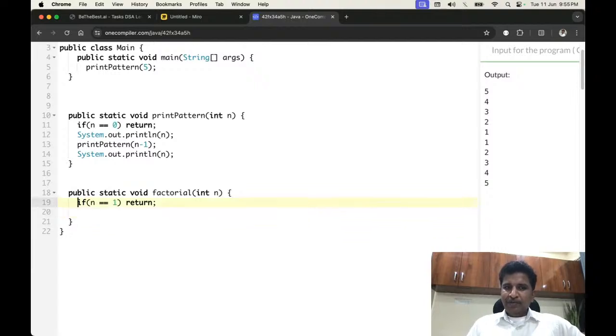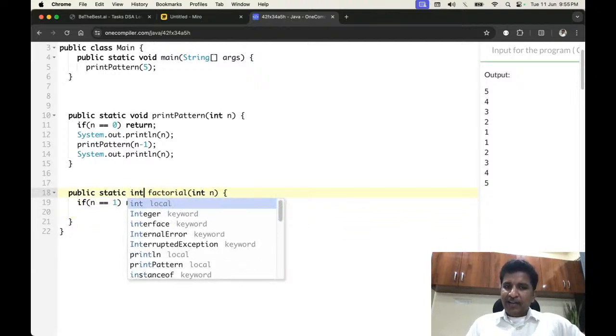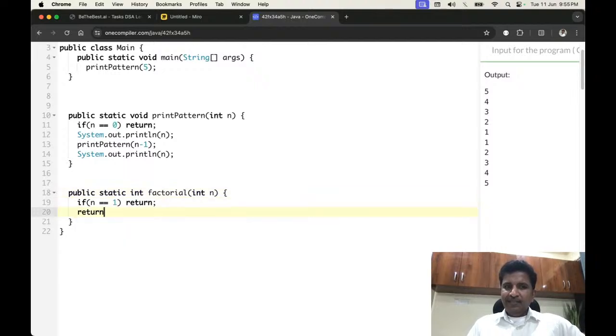And what should we do? Factorial ante we are expecting some output, so we need to return the value, right? Return n into factorial of n minus 1. Done. So if I try to call this method,